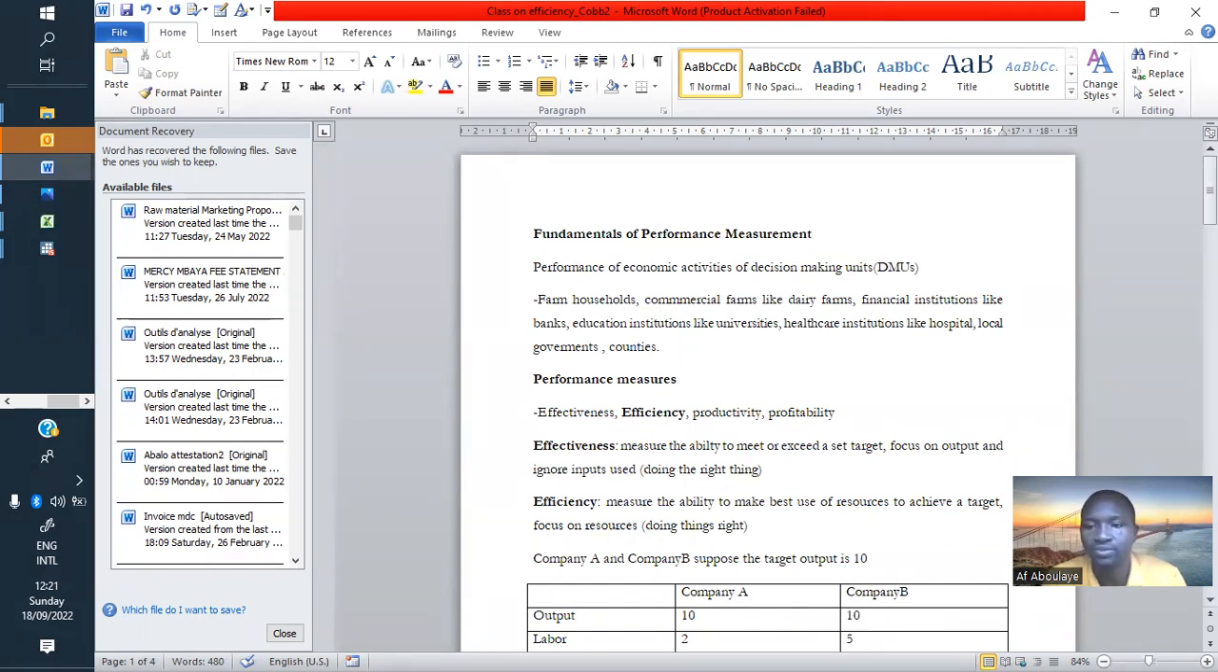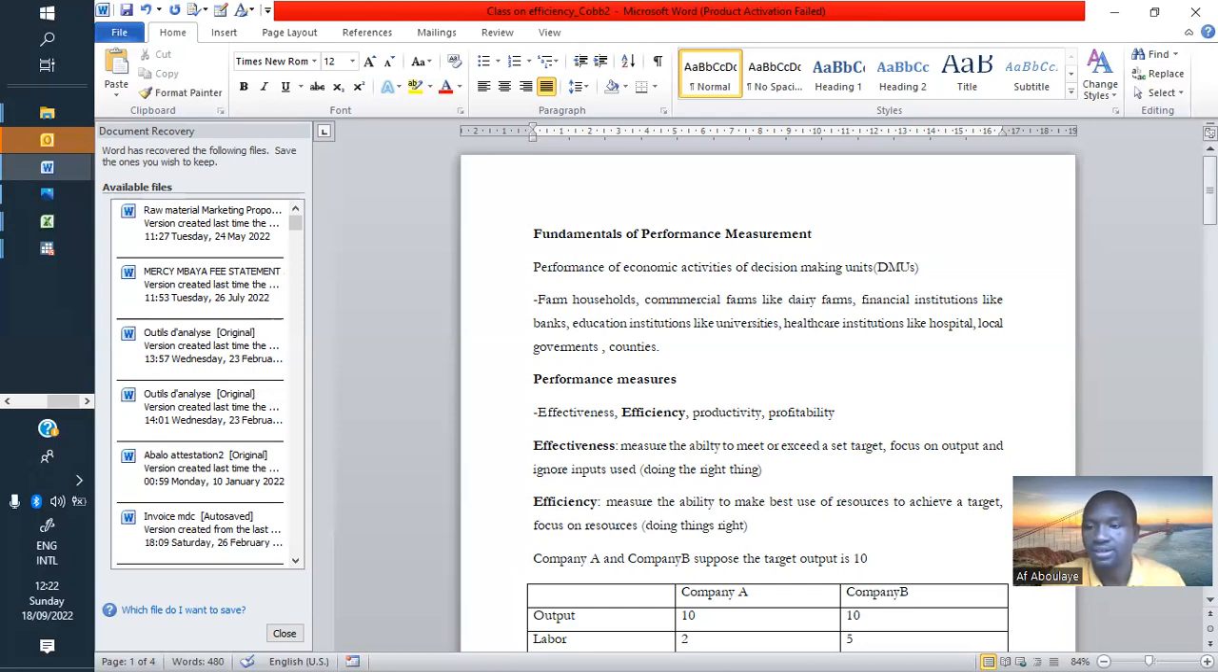But we have many ways, as I was saying, to measure performance. One way is efficiency. And now let's see what's the difference between effectiveness as a performance measure and efficiency. Effectiveness is the ability to reach a target without considering the inputs used. Okay, but when we are talking about efficiency, we will achieve our target, but we are focused on how the resources